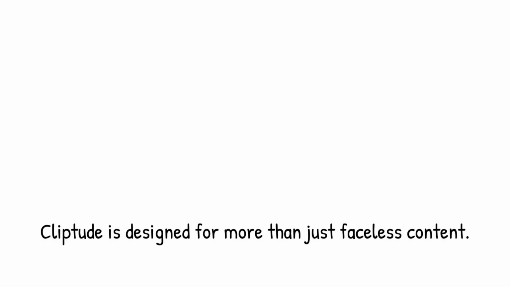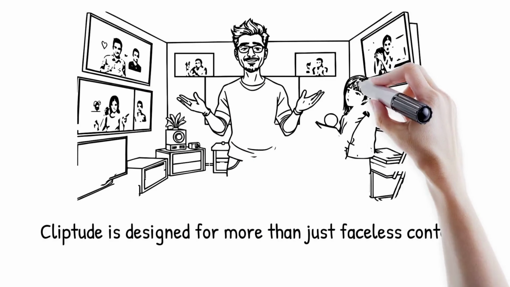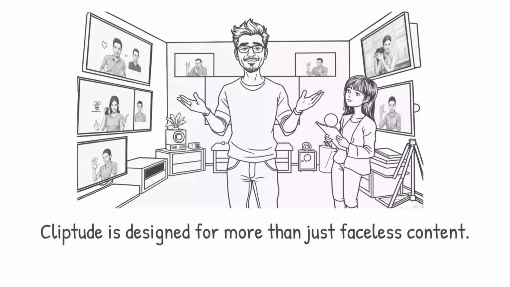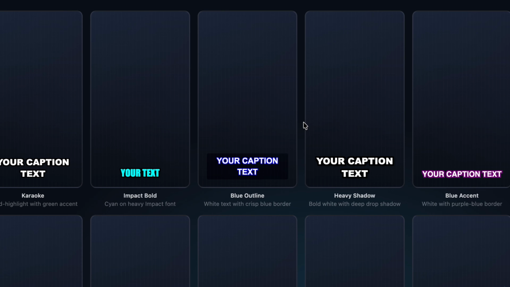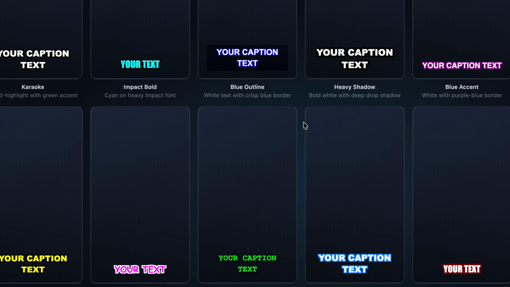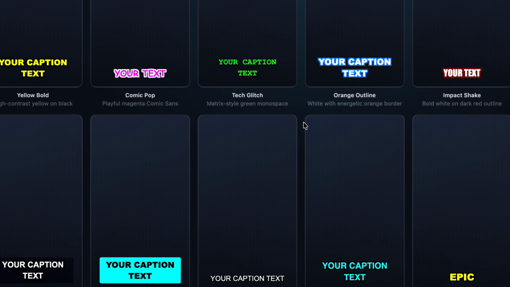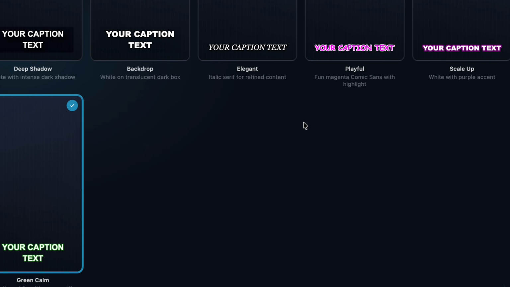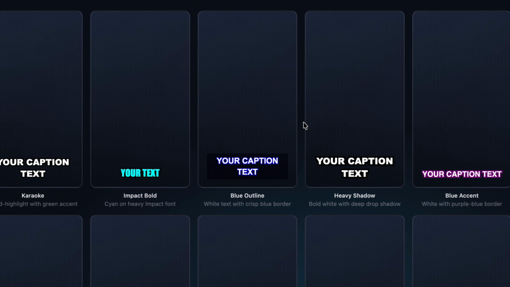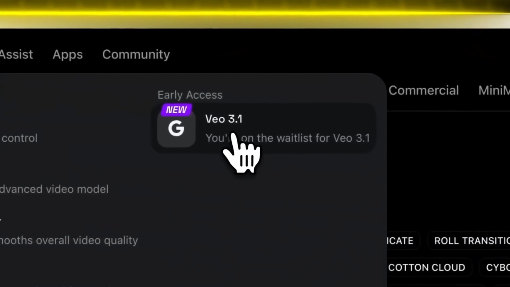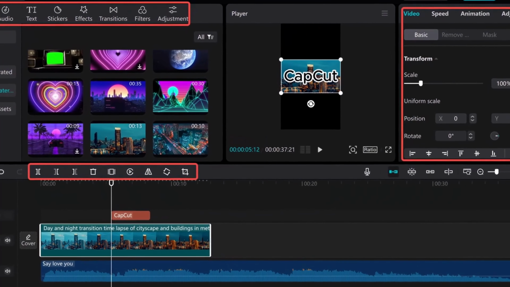The one thing worth knowing about short form in the documentary niche: the hook has to work in the first 3 seconds, or the algorithm won't push it. Write your short form scripts tightly. 30 to 60 seconds. Lead with a surprising fact or a visual setup that creates immediate curiosity. Cliptude gives you the right canvas, but the hook is still yours to write.